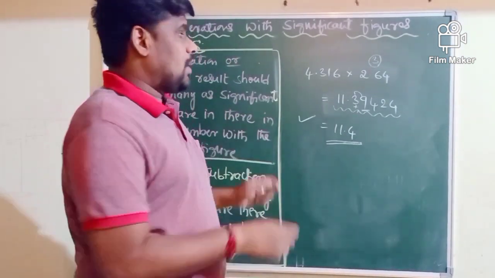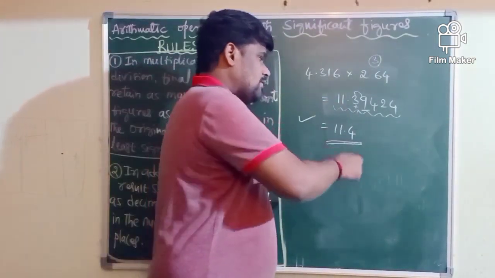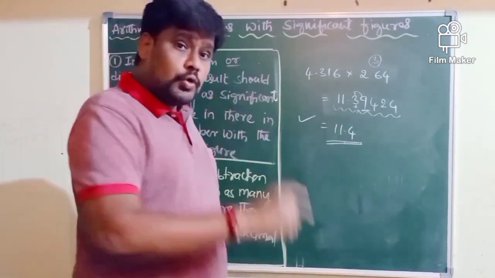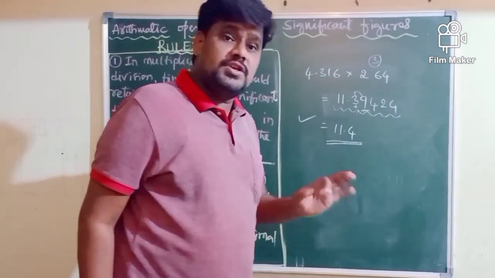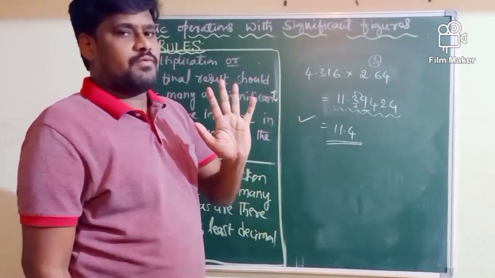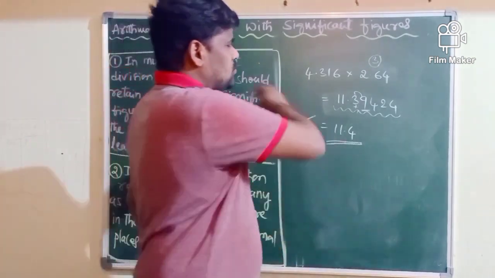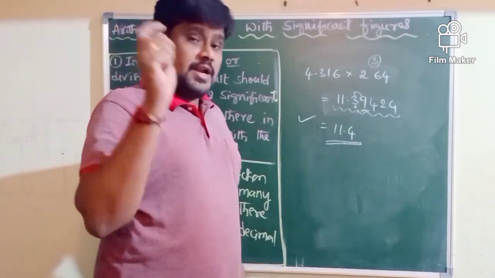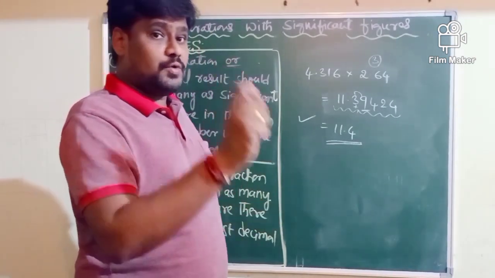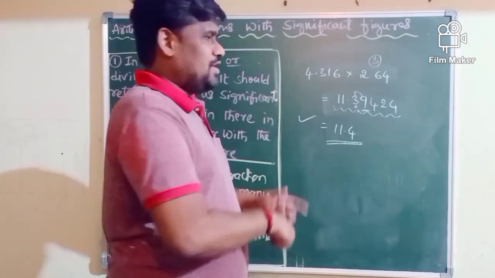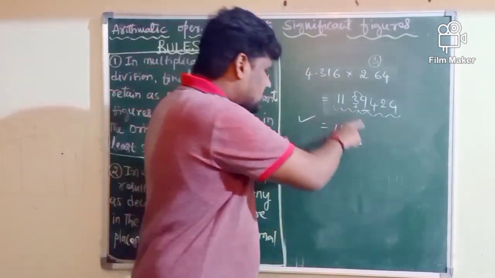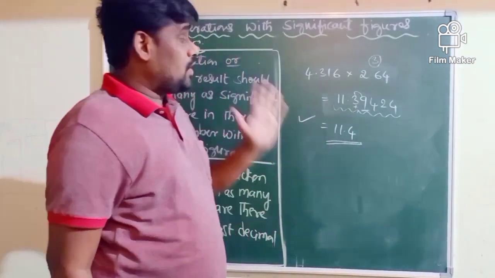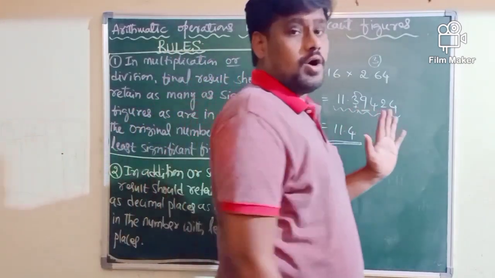Why only 3 here? According to the rule, the number of significant figures in the final result should be equal to the original number which has fewer significant figures. ನೀವು ಎಷ್ಟು ನಂಬರ್ಗಳನ್ನ ಮಲ್ಟಿಪ್ಲೈ ಮಾಡ್ತೀರಿ ಆ ನಂಬರ್ನಲ್ಲಿ ಕಡಿಮೆ ಸಿಗ್ನಿಫಿಕೆಂಟ್ ಫಿಗರ್ ಇರುವಂತ ನಂಬರ್ದು ಎಷ್ಟು ಸಿಗ್ನಿಫಿಕೆಂಟ್ ಫಿಗರ್ಸ್ ಇರ್ತವೆ ಅಷ್ಟೇ ಸಿಗ್ನಿಫಿಕೆಂಟ್ ಫಿಗರ್ಸ್ ಫೈನಲ್ ರಿಸಲ್ಟ್ ನಲ್ಲಿ ಇರಬೇಕು. That is the rule which is used for multiplication as well as what?